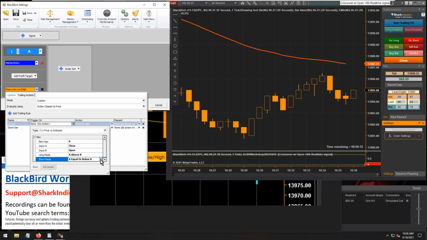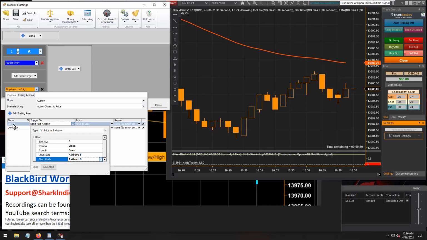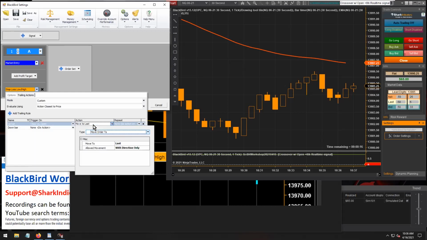This is kind of a non-standard, atypical setting, but we want both the long and the short mode to be A above B, because we're identifying up bars. It doesn't matter if it's a long trade or a short trade in this particular case. We just want to know, is this an up bar? And the action is going to be